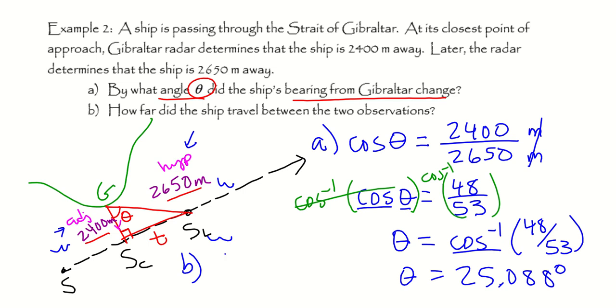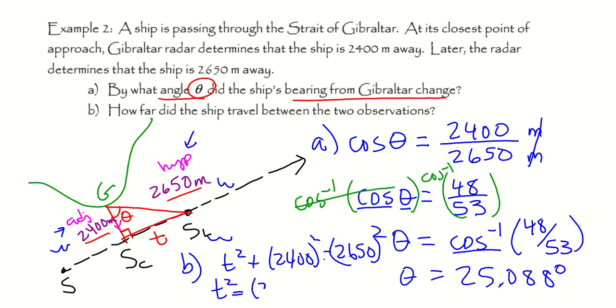So I can set that up and say t squared plus 2400 squared must equal 2650 squared, which means that t squared must equal 2650 squared minus 2400 squared. I evaluate that,